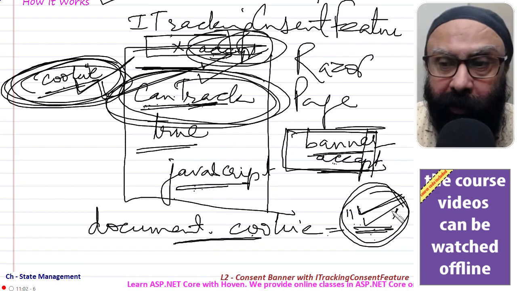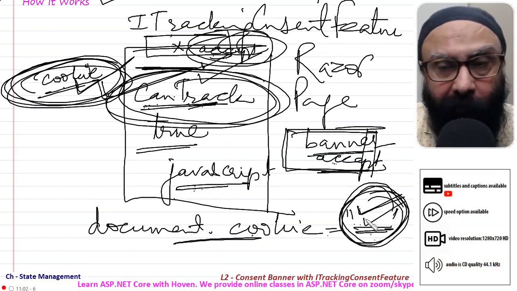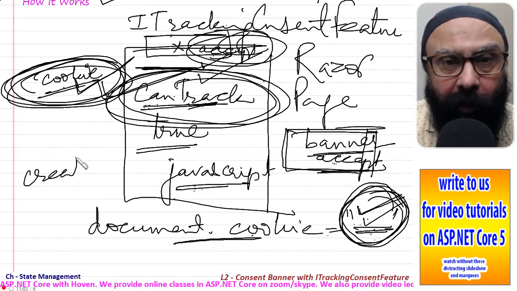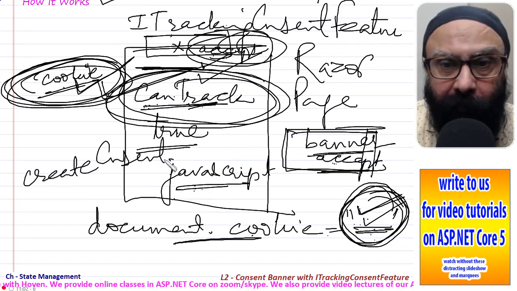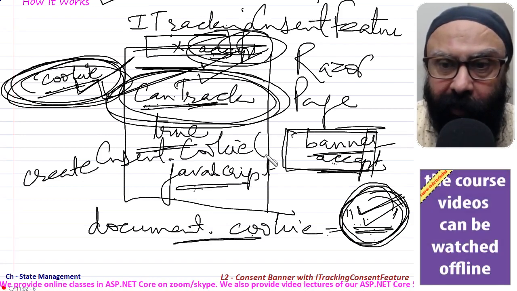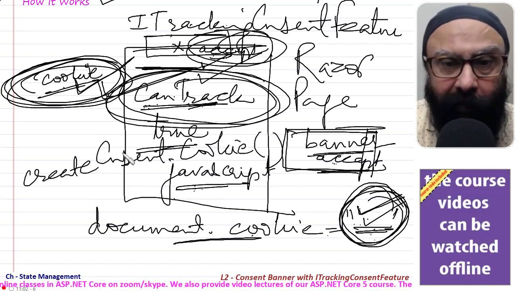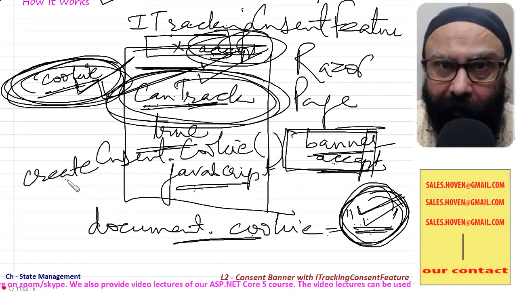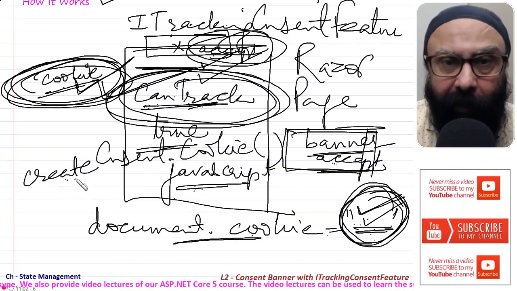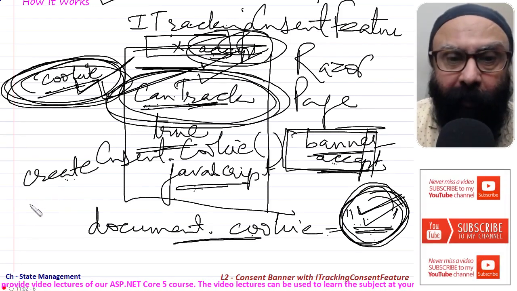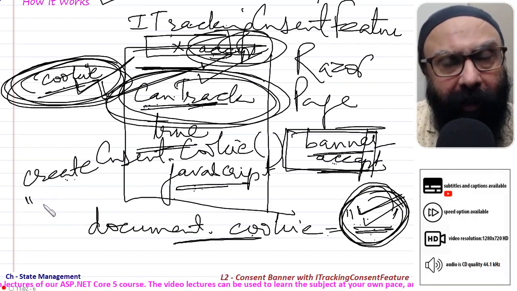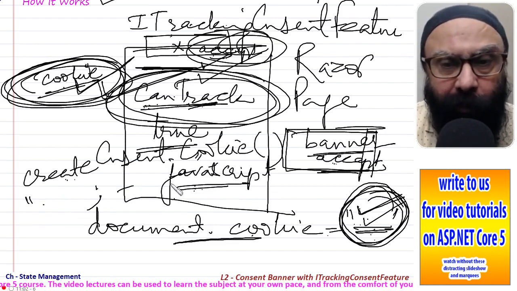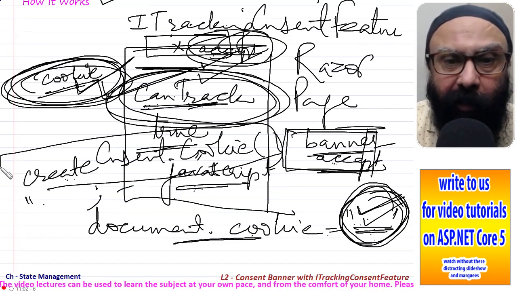Now the question is, from where do we get this string? For this, the same interface has a function called CreateConsentCookie. There is a function available on this interface which, when called, will give you that string, the ready-made string in HTTP format, in whatever is the standard format. Basically the format is a name value pair, semicolon separated properties and all. We will not go into that, but this function CreateConsentCookie